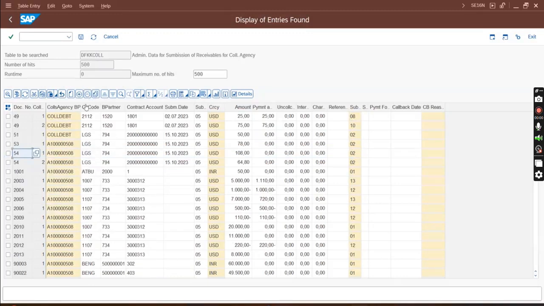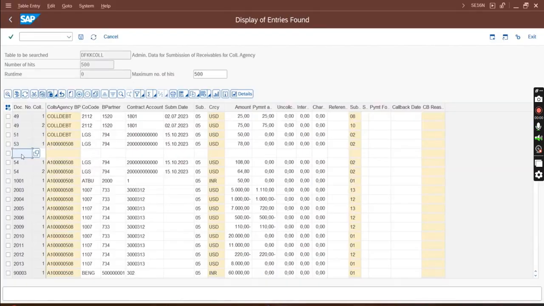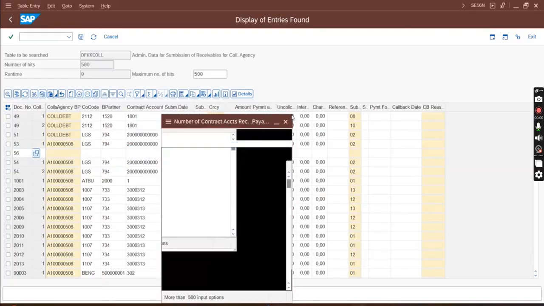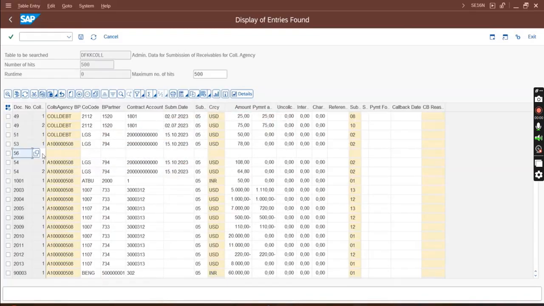Okay, if you want to enter a new entry, you click on this plus, then add all these things like document number 56, item 1. Then I want to copy all this. So alt tab will not work.